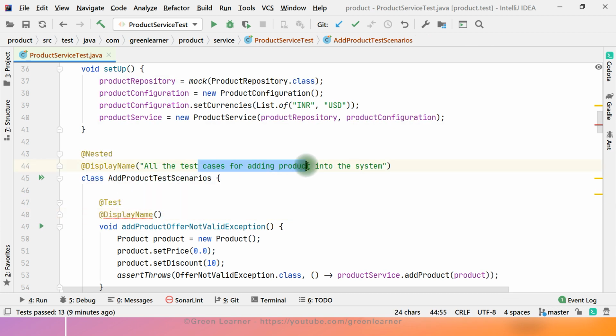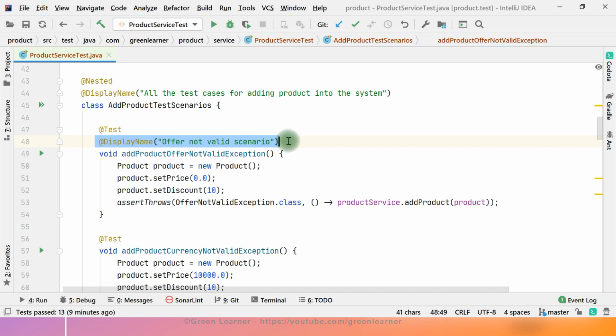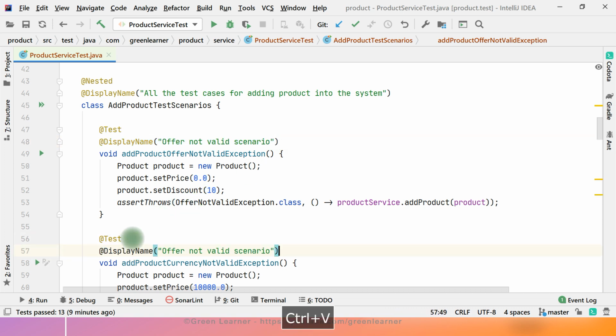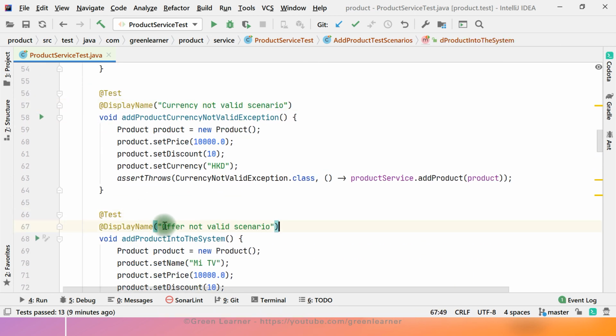So I can use the same display name here for the parent. Just copy this and name it currency not valid scenario, and put one more here, happy path.